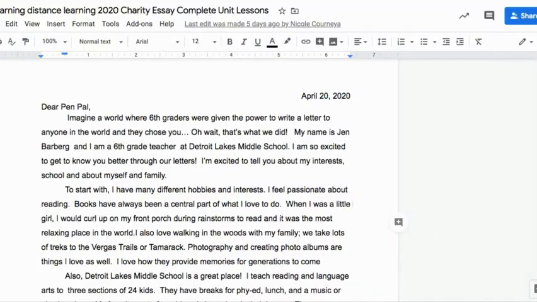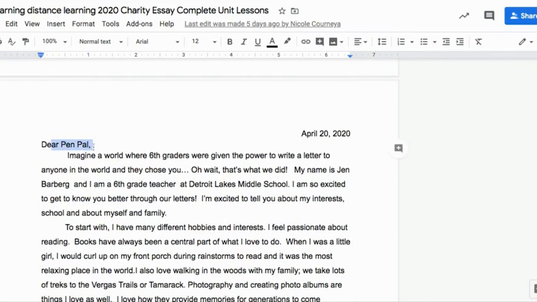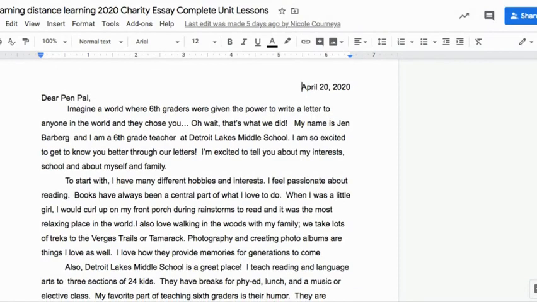To happen today, because we're going to start moving on tomorrow with our writing. So as you can see, we've got kind of a fake letter here, or a letter that we wrote. We wrote it as Mrs. Barberg. So you're going to notice a few things. Now, when we start writing tomorrow, we're not going to worry about this salutation or the date or anything like that. We're simply just looking at writing the introduction and writing the conclusion. None of the other extra stuff.